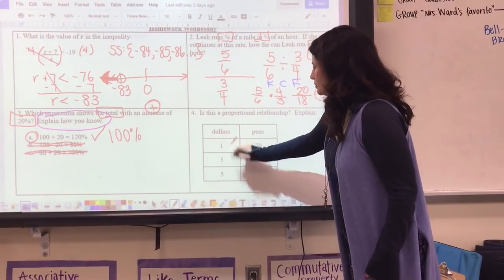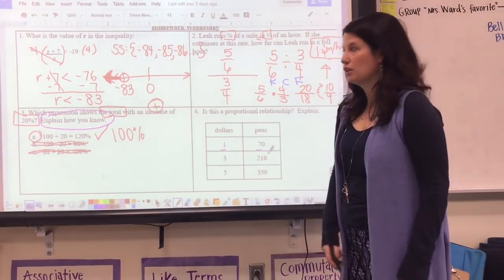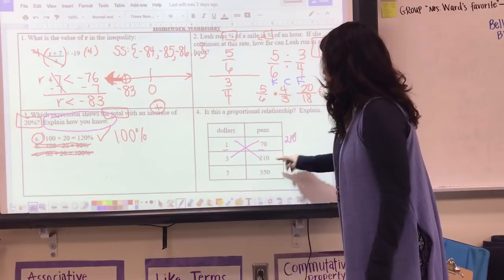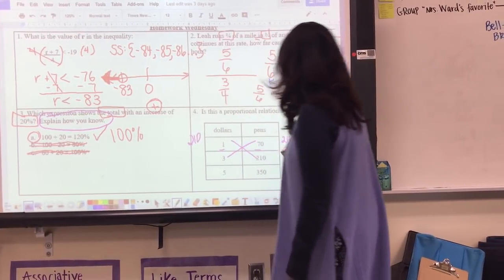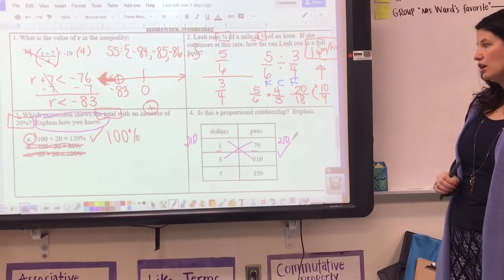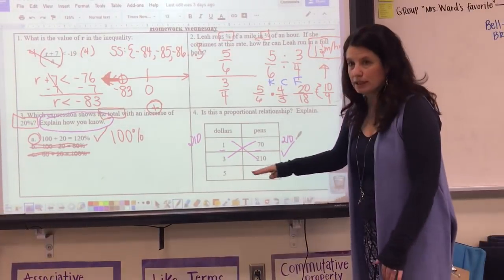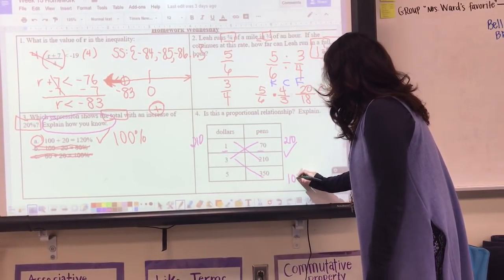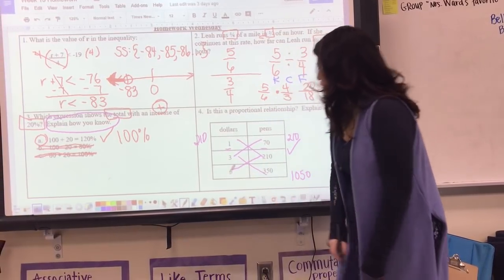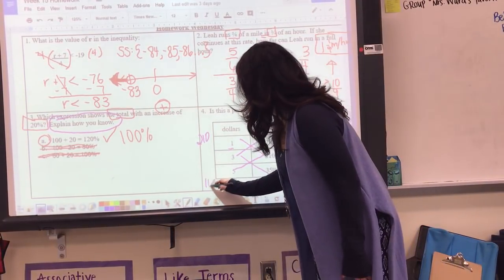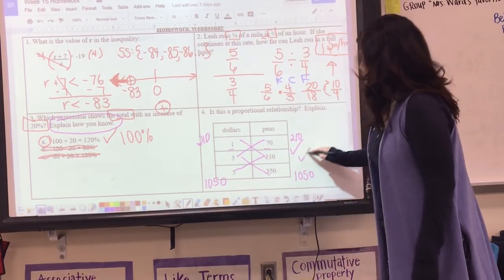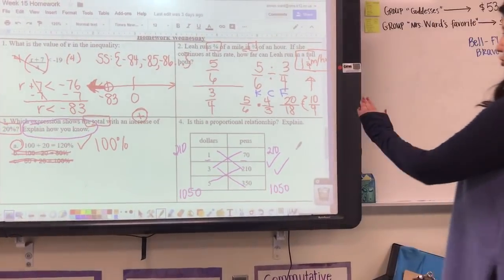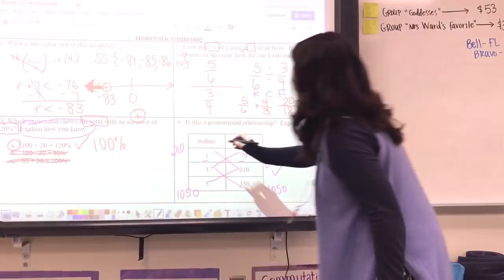So all we'll do is I'm going to pretend like these are fractions, and I'm just going to cross multiply. 1 times 210. 3 times 70 is 210. 210 times 1 is 210. Yes, but I'm not done. I have to actually check all of the problems to make sure that they're all proportional, because I might have a problem further down. So I'm going to multiply 3 times 350, 1050. I'm going to multiply 210 by 5, and that would also give me a value of 1050. So yes, this is a proportional relationship. If I were to write an equation to show the relationship between dollars and pence, I'm going to make, again, this the